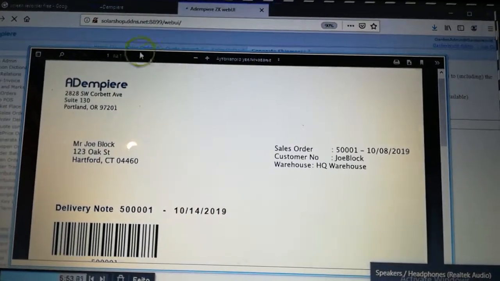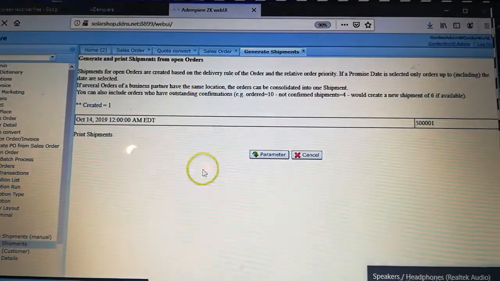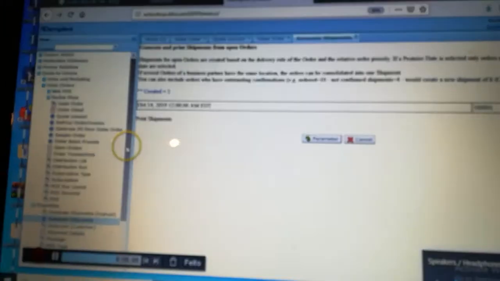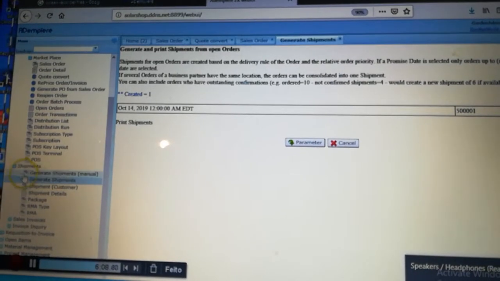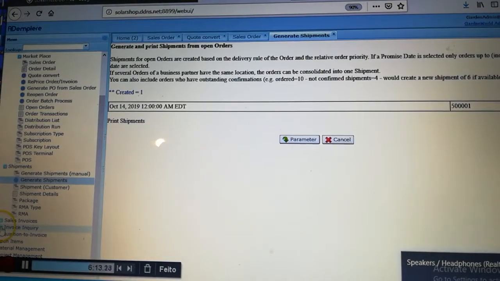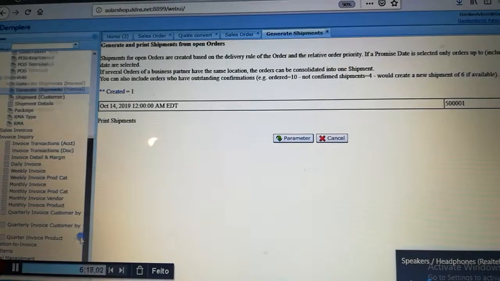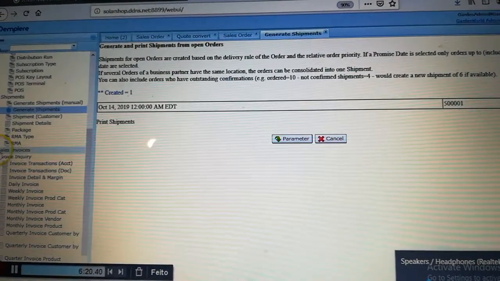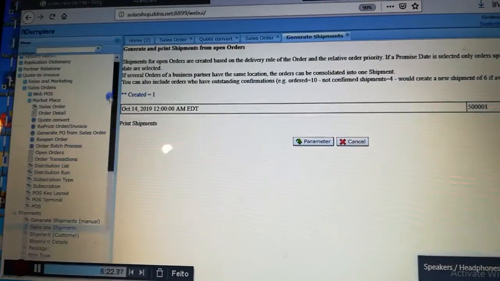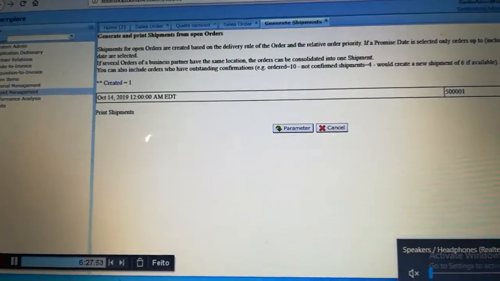Every invoice has accounts in the general ledger. Now I will create the invoice from a shipment. This is the next step, very easy. From the left side, I will open sales invoice. There is an invoice inquiry for a custom report, but I will use sales invoice. From the left side, I will use this process, generate